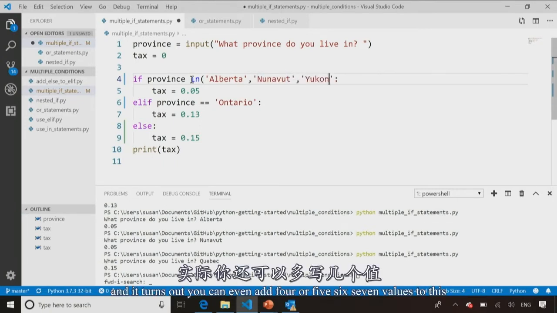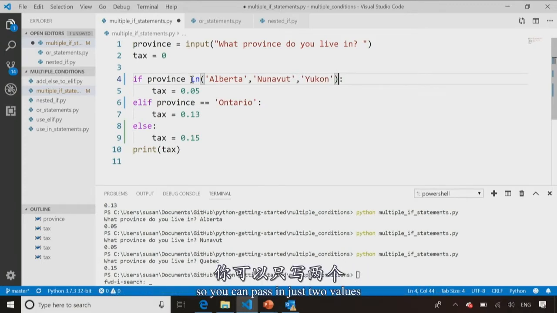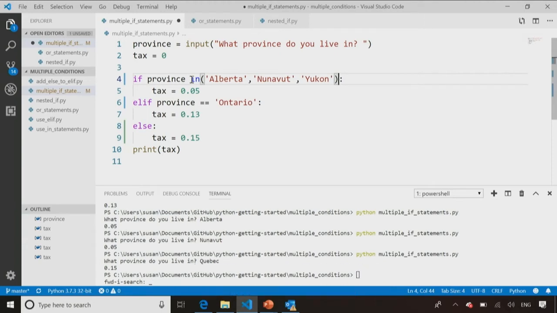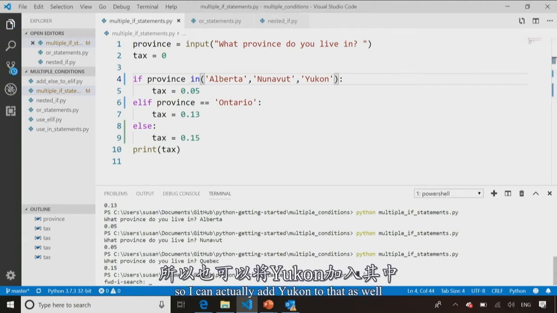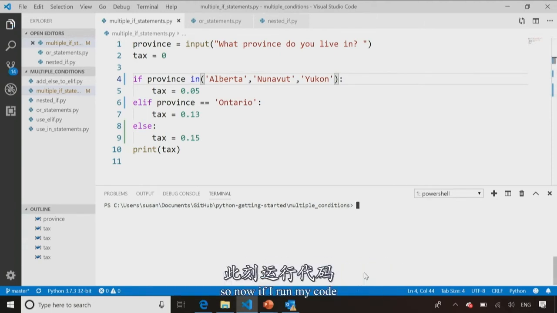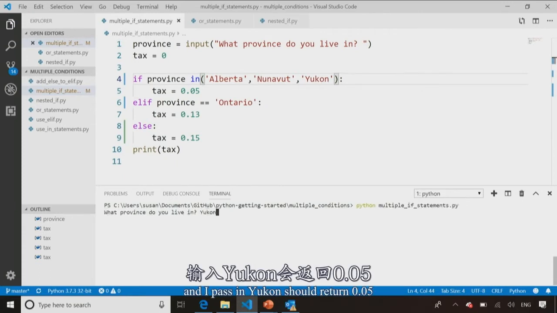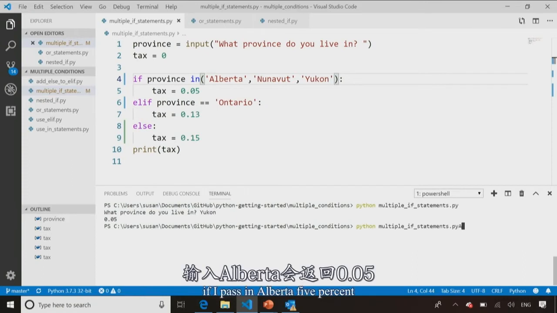And it turns out you can even add 4, 5, 6, 7 values to this. So you can pass in just 2 values, but I realize the Yukon has the same tax rate, so I can actually add Yukon to that as well. So now, if I run my code and I pass in Yukon, it should return 5%. If I pass in Alberta,